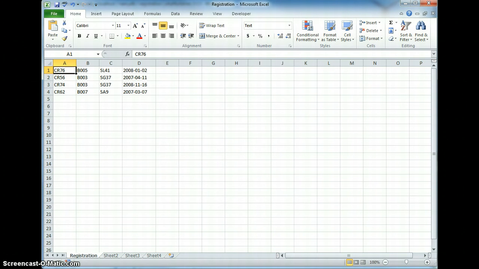So I had included the video last week on how to export data, and I wanted to show you exactly how to import data, because this will make it a lot easier when you create your own database to get the data in there. So you start with a spreadsheet,